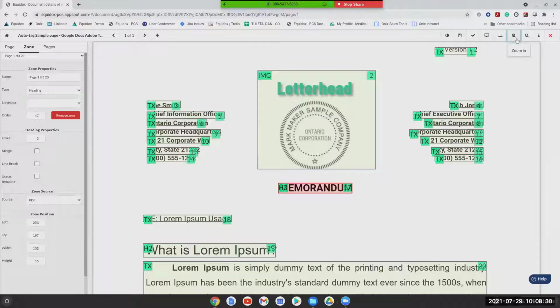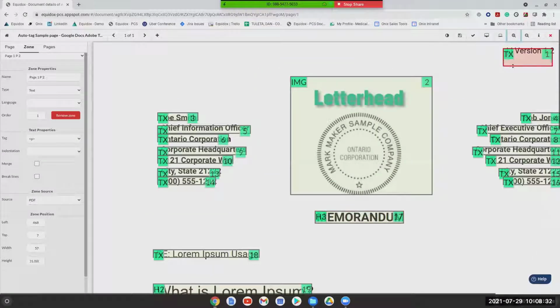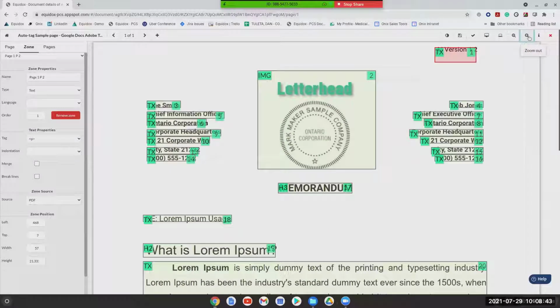So in the upper left-hand corner of each zone, there is a little green flag that will give you the zone type. And then in the upper right-hand corner, there's a green flag giving you the reading order of that particular element on the page. So one thing to point out immediately, just by taking a look at this previously tagged auto tag document, is the challenges here with the reading order.